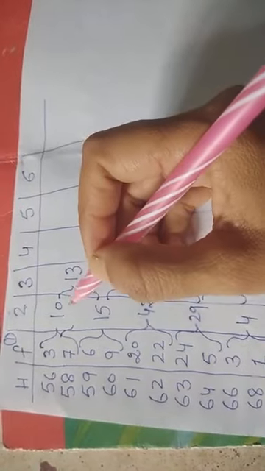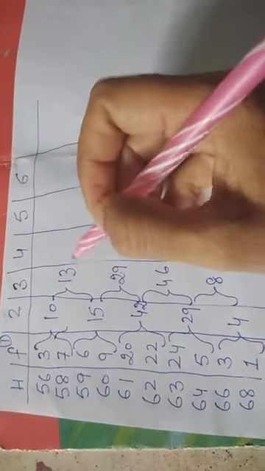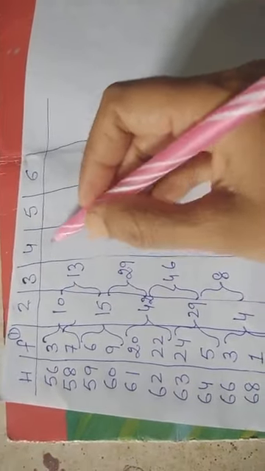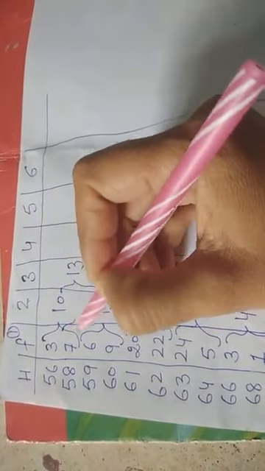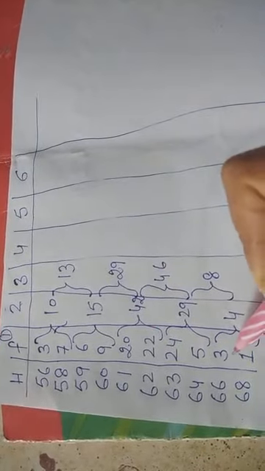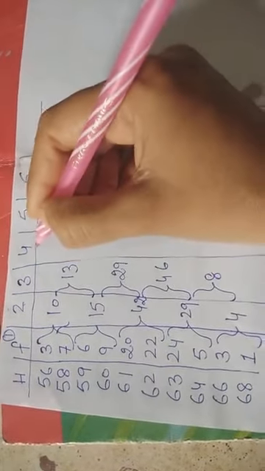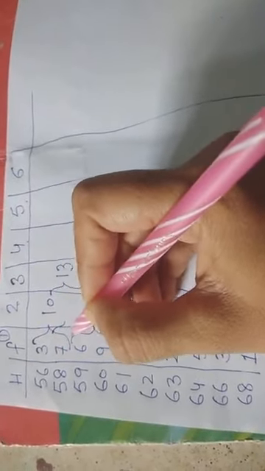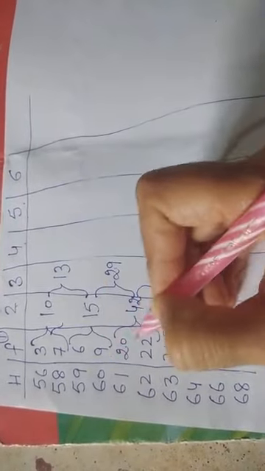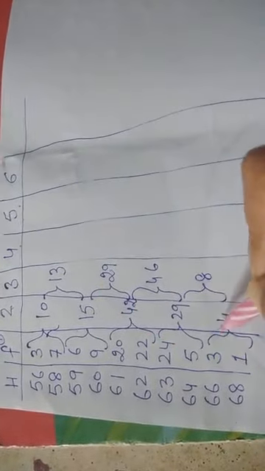Now we are done with the groups of 2. Now we are going to make groups of 3. In the fourth column, we will write the sum total of the first 3, the next 3, and then the sum total of these 3. That will be done in column 4. Now in the fifth column, you will leave the first item and again regroup the frequencies in groups of 3.